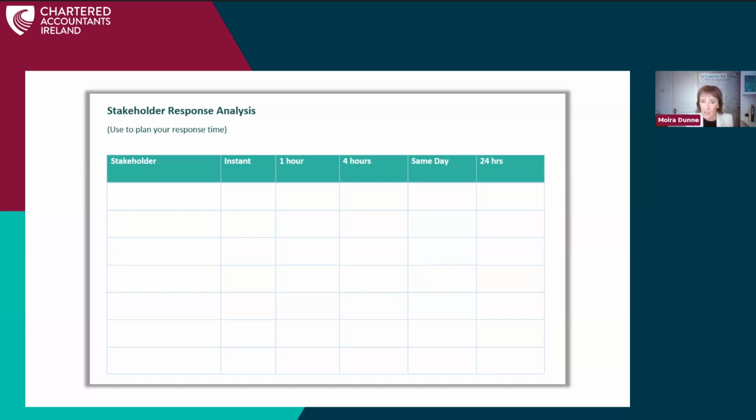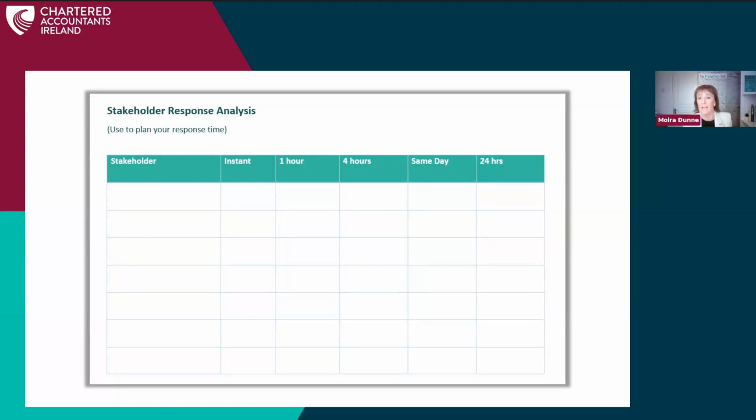And challenge ourselves as a team with your colleagues, with your team leader, and maybe present some data to your team leader and say, can we discuss some of this? And often we'll find that we've slipped into responding to everything instantly. And is there an opportunity to have certain buckets, certain stakeholders, or maybe certain emails that come in in relation to different queries and requests, that we can agree there's 24-hour requests, there's 4-hour requests,